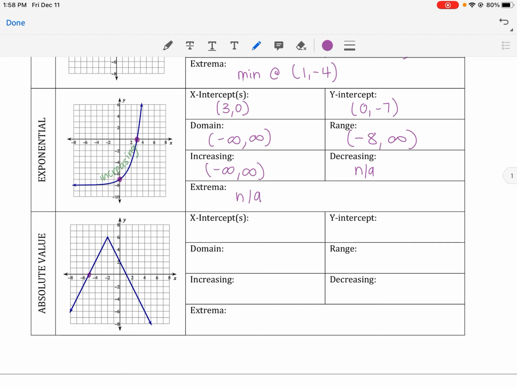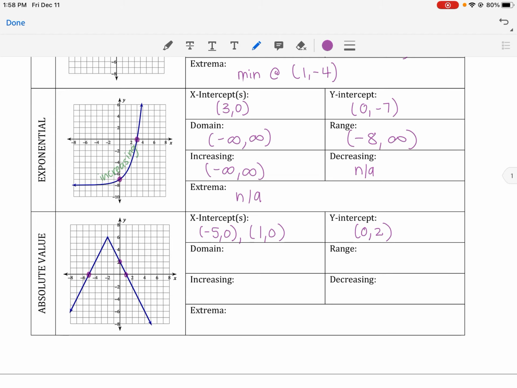Next, we've got an absolute value. We've got two x-intercepts: one at -5, so (-5, 0), and one at 1, so (1, 0). Your y-intercept is at +2, so (0, 2). Okay, domain again. It's going down and to the left, and it goes down and to the right,